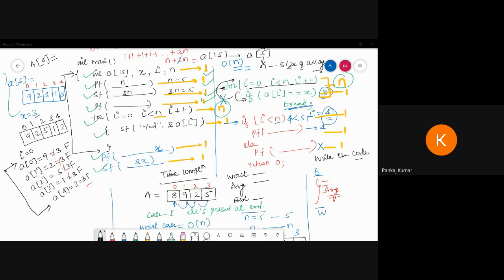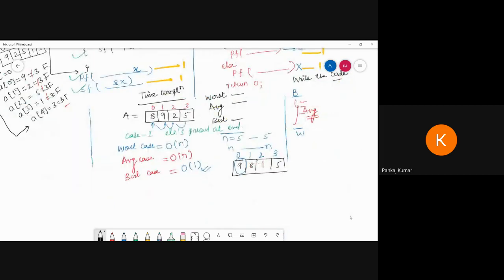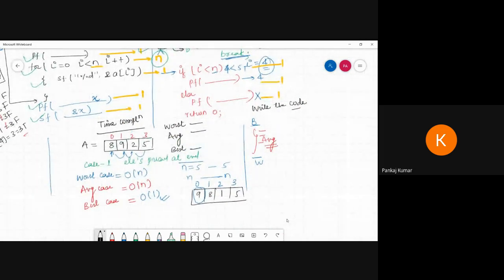We have to put the location according to the array, according to the user? No, we do not have to put the location. We have to only search the element. Suppose you have to take an array. Now see here. Suppose the array is created like this, and this array is like this one. So you can enter the array elements, 8, 9, 10. So the user can enter.